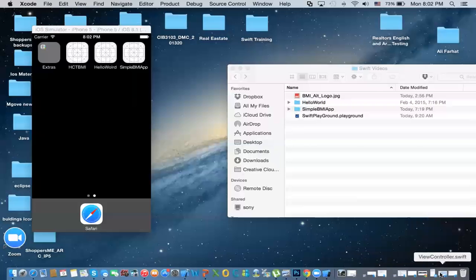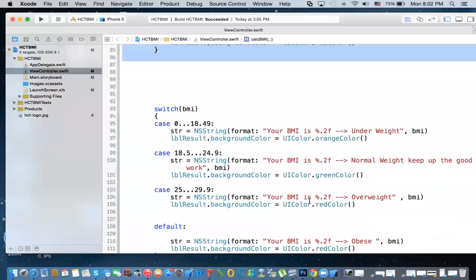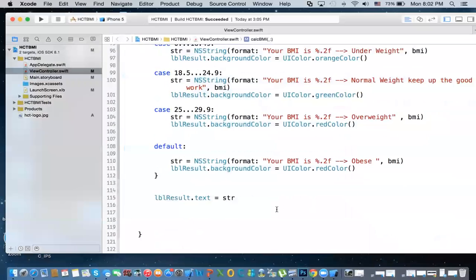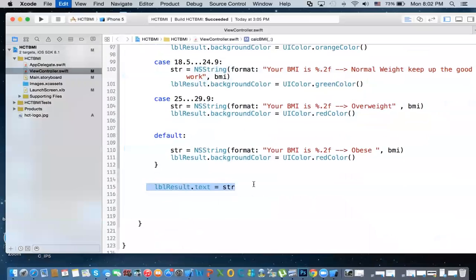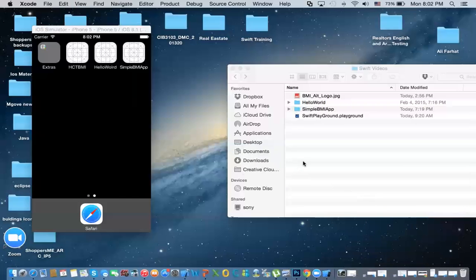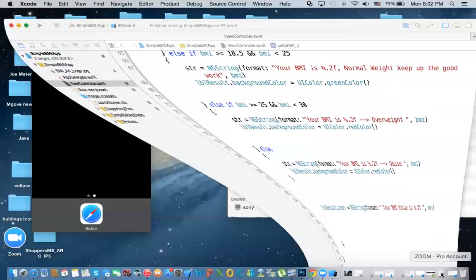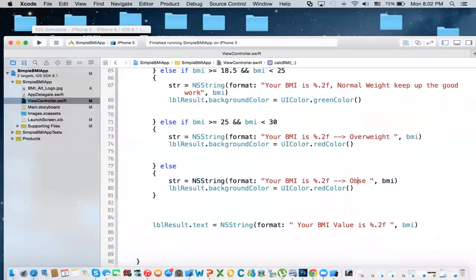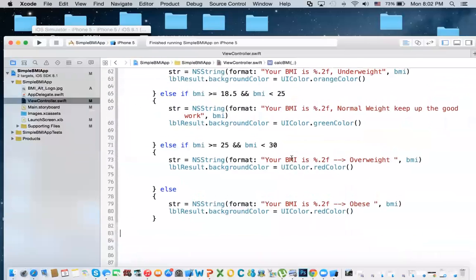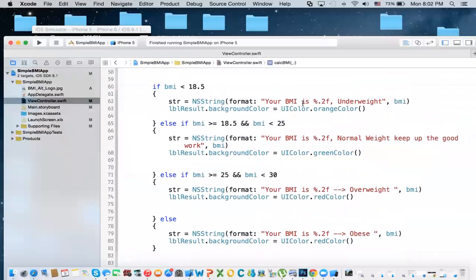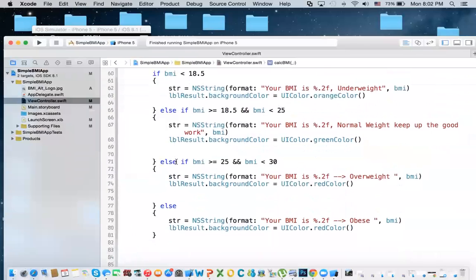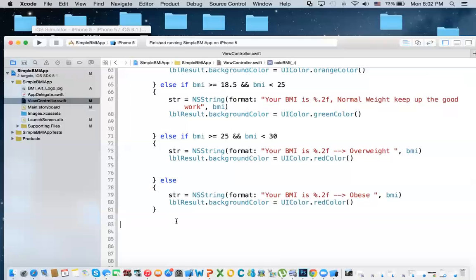Let's see, we need one more thing here, which is the label result. Obese is actually obese. This is the last part, which we do at the end. The last thing we do is that after I calculate the result, after I do all the checking, and I put the proper message in that string, we just take that string and put it in the LBL result.text, and then we will say equal to string